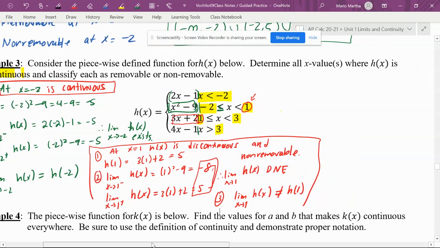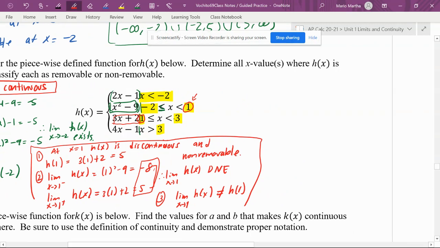All right, so let's look at our third jump on the graph, which in this case is going to happen at 3 right here. So if you notice already, there is no equal sign on the bottom of this, or at the bottom of this. So at x equals 3, we already know for sure that the function is not continuous because the first statement is not true, right? h of 3 is undefined. All right, so we can say it is discontinuous,